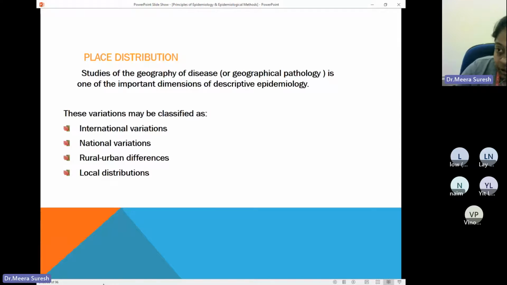Similarly, in national variations, the best example is what Lenny told, that rabies may be there in the south part of Malaysia, but not sure. Which means within the country, only some parts of the country will be affected by that disease. And this we can also see within a small space like Selangor. If we take Selangor and compare, there can be differences in rural and urban communities. It is not that everyone will be uniformly affected, and there can be a local difference also. So most diseases will show such a geographical pattern.